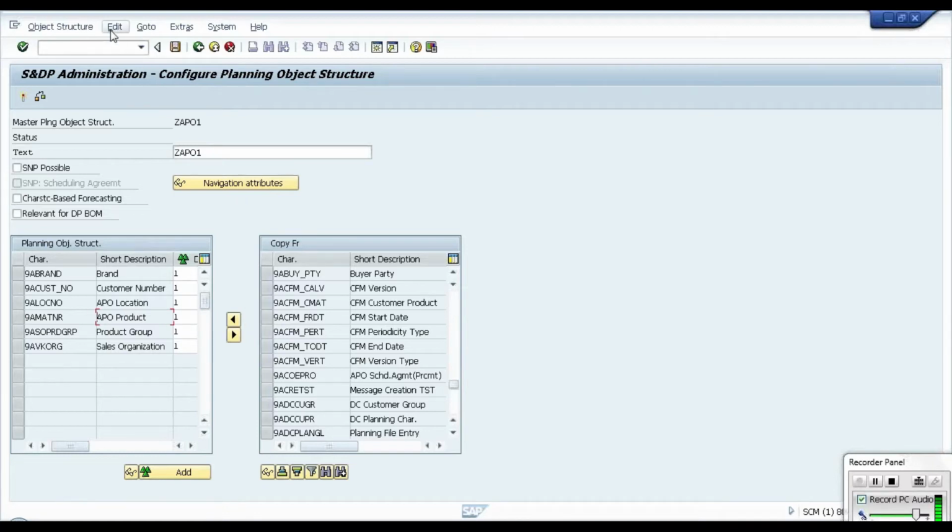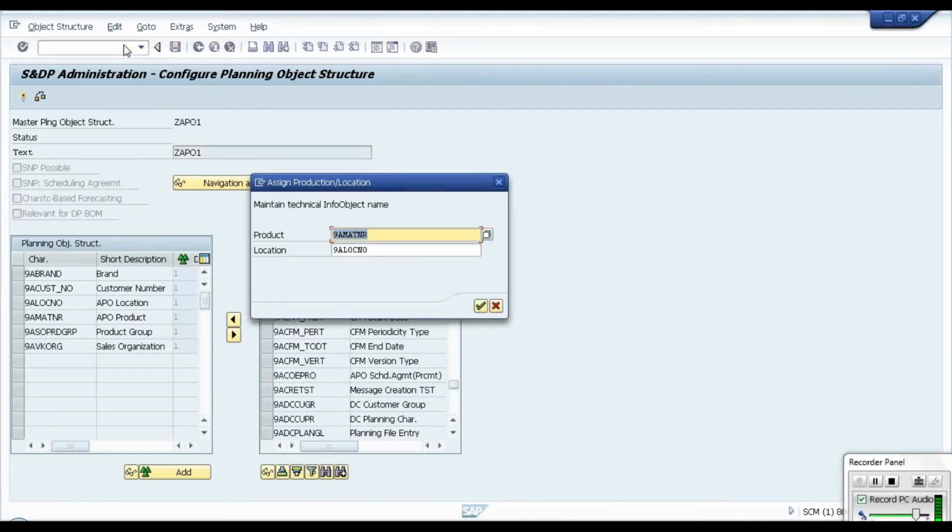Why I want to use this option is that in the MPath, this will be linked. If you give these options, it will be linked to the life cycle planning, and to releasing your forecast to SNP and ECC systems.